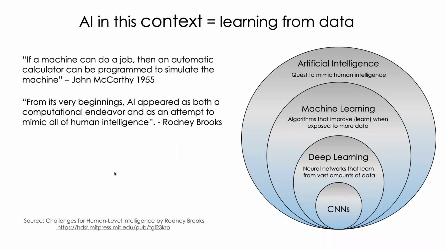What we really mean is a subset of artificial intelligence that we call machine learning, wherein you typically have algorithms that improve or learn when exposed to large amounts of data. Within machine learning, you have another subgroup, which we typically call deep learning, essentially using neural networks loosely modeled on the visual system in the brain, or at least those were the early inspirations for creating many of these networks or designs. These neural networks learn from very, very large amounts of data.